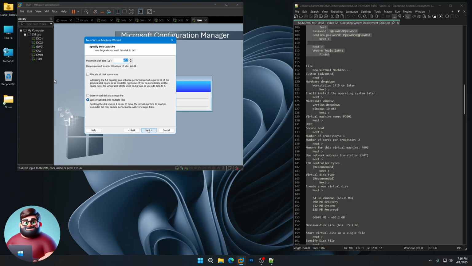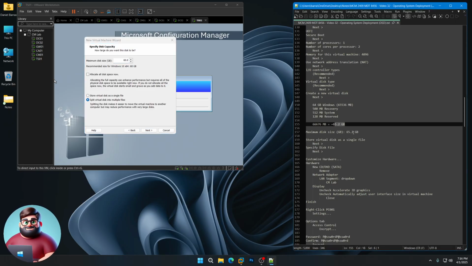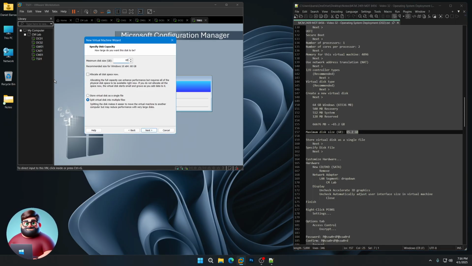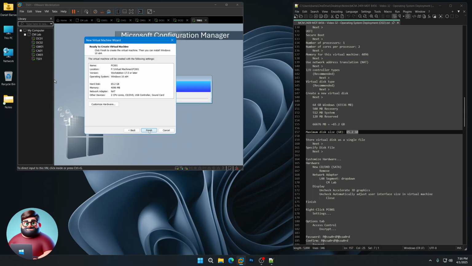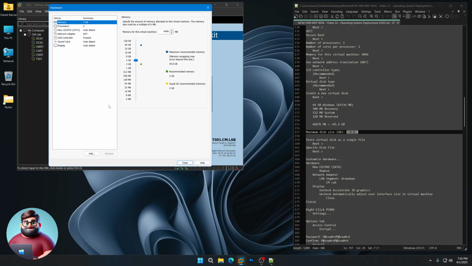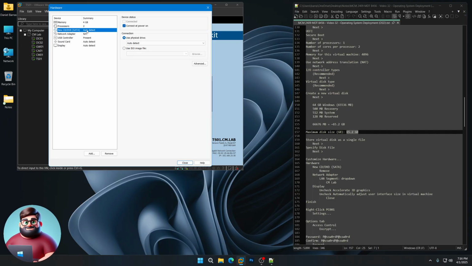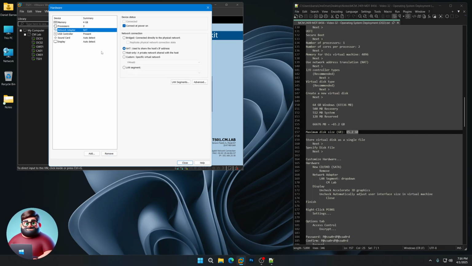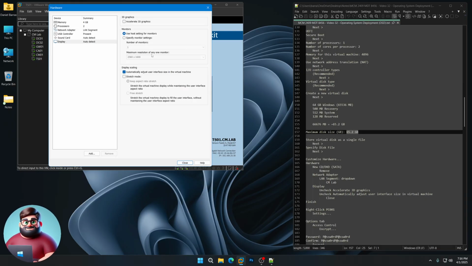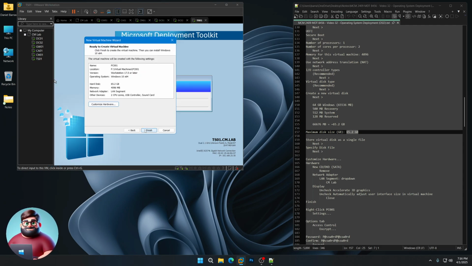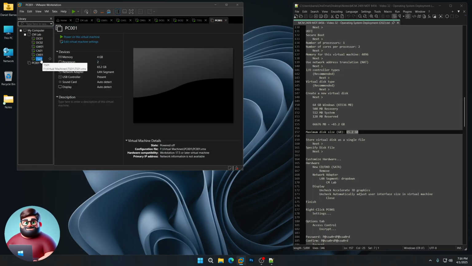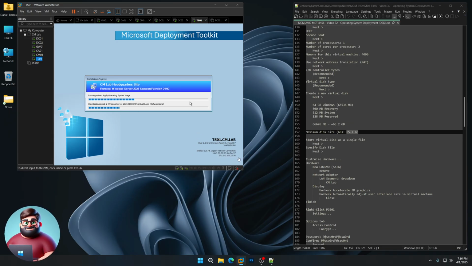Create a new virtual disk. And down here, we're going to do 65.2 gigs. Store as a single disk. There we go. Finish. Customize hardware. We're going to go up here to CD DVD. Remove. We're going to go LAN segment, CM lab. Display, uncheck both Accelerate 3D and automatically adjust size. Close. Finish. You can see our Microsoft Deployment Toolkit background is now there, our BG info, and it's deploying the